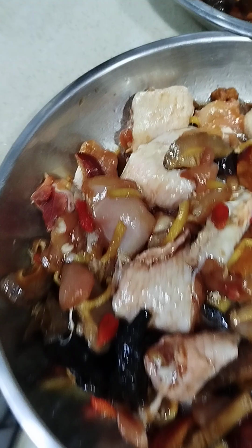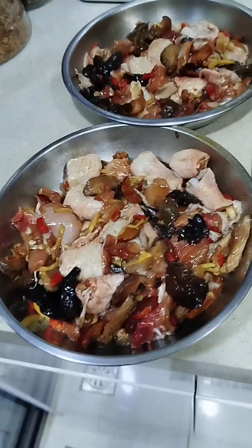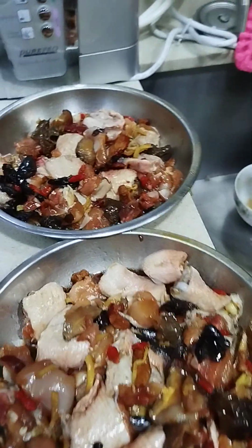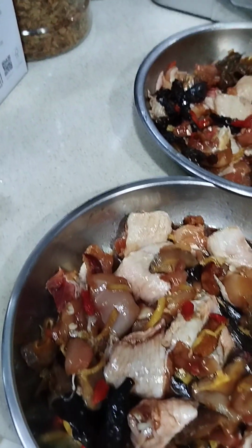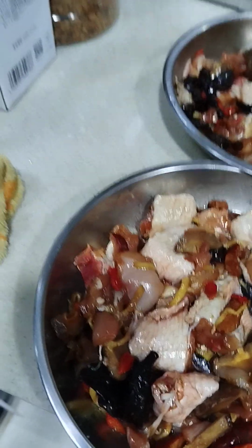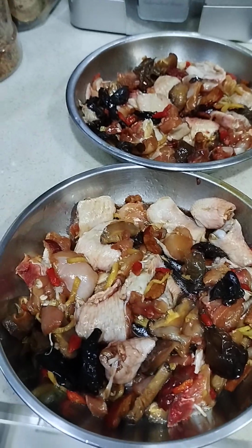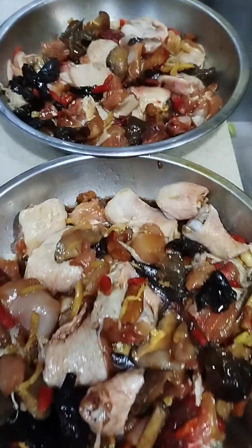and then I steam this later, and also I add this Chinese vinegar. So okay, and of course oil. I add oil,